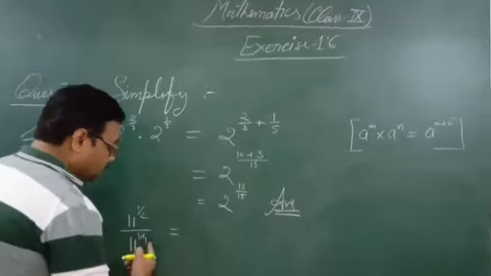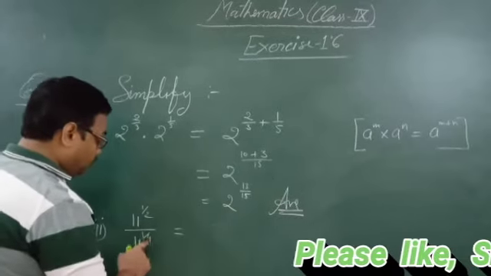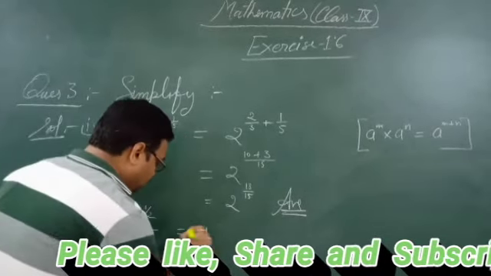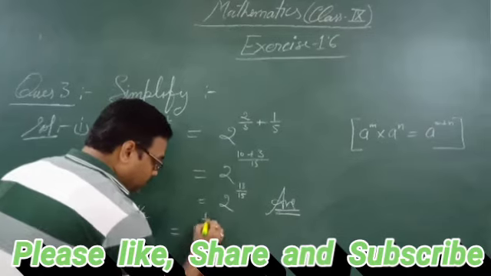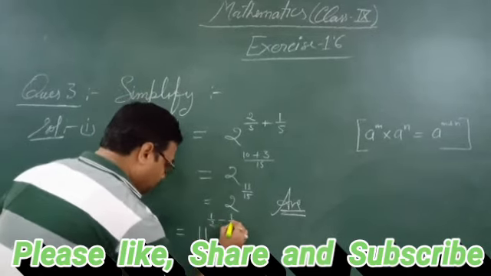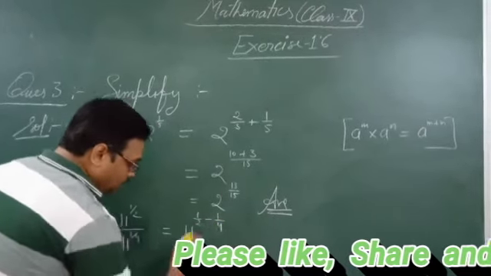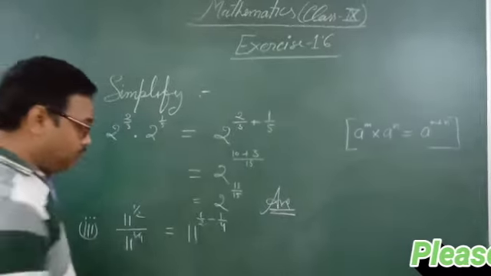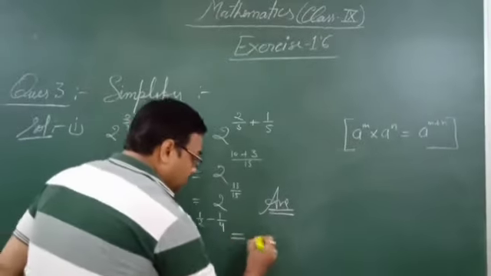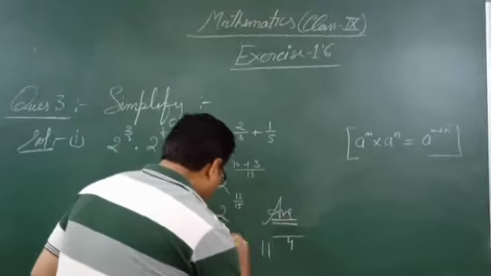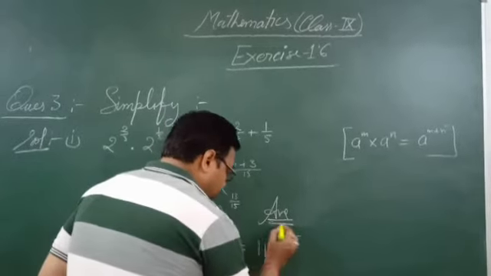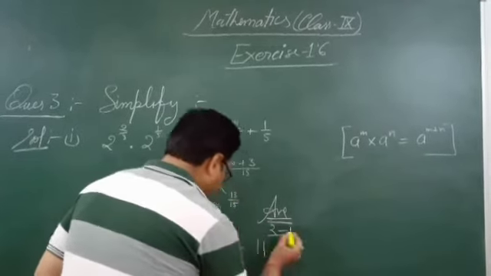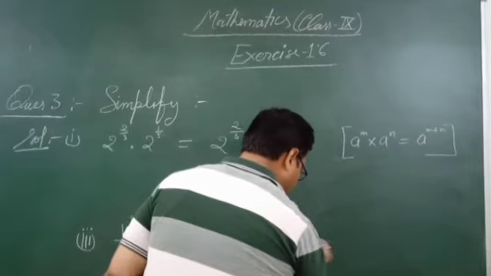So the second law of exponent will be applied here, and you will write 11 to the power 1 upon 2 minus 1 upon 4, and in this manner you will solve it. LCM will become 4. So this you will write 2 minus 1 upon 4, and